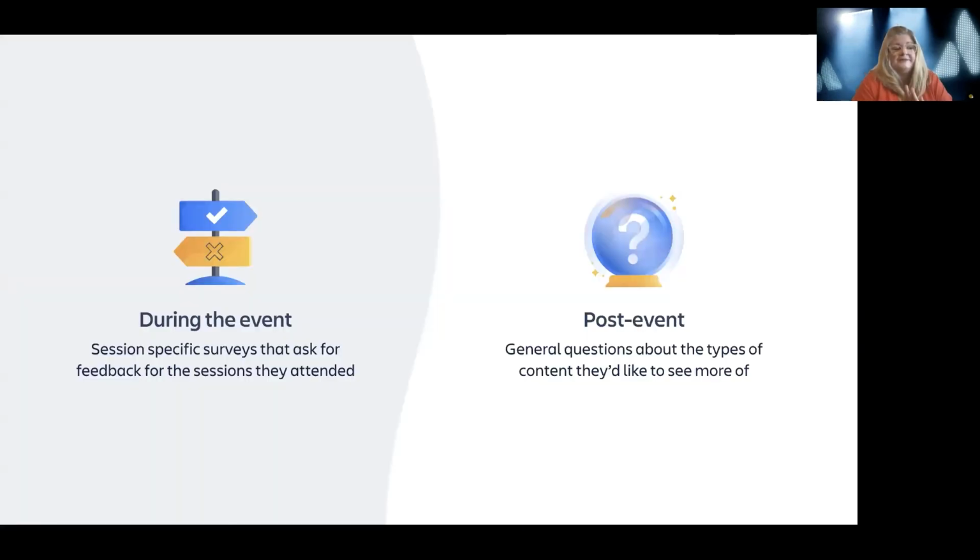There are 2 types of surveys that we recommend. First, there are on-site session-specific surveys. These are surveys that we ask attendees to fill out during the event, either via an event mobile app or a survey form on a digital platform, or even via a paper form. We use the same questions at every event in order to keep our metrics across events consistent.